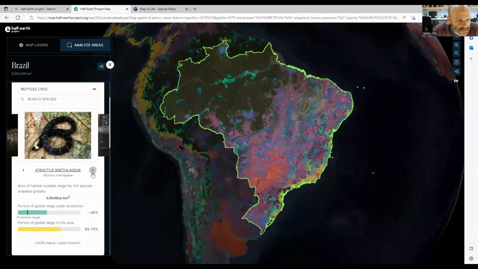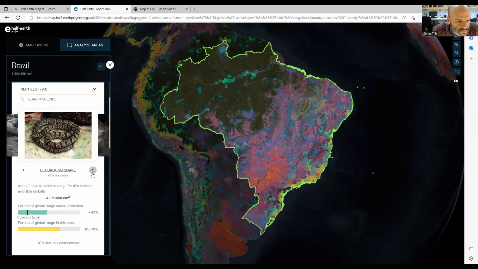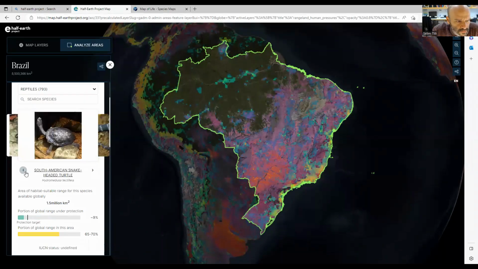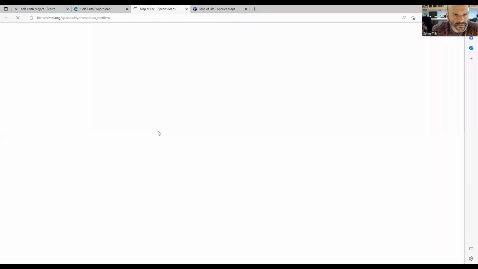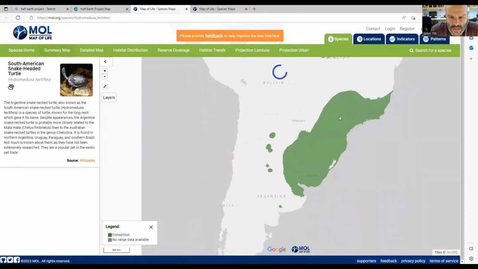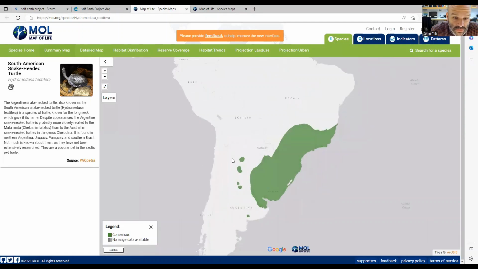Whereas if we find a creature like this South American snake-headed turtle, we can intuit that given that its range is smaller, it is likely, even if it's undefined, much more likely to be threatened than something that has a large range. So there's a tremendous amount of